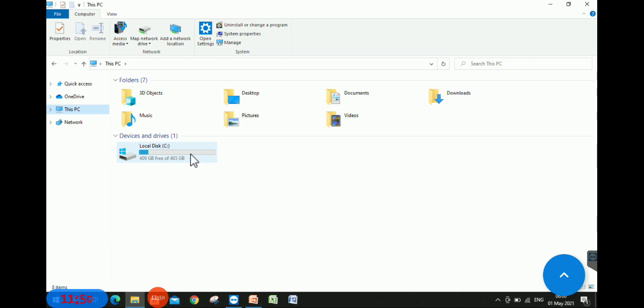It means either you delete it or not, that file is still there in your computer system, right? So better to empty the recycle bin, then only the disk will be clean. Clear?